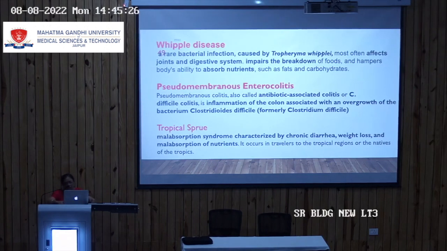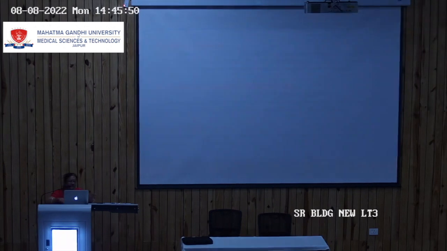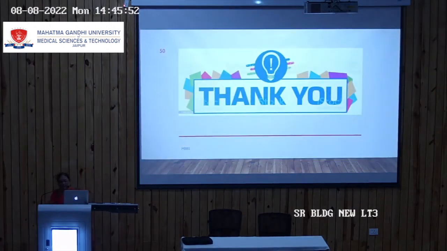Tropical sprue is the malabsorption syndrome characterized by chronic diarrhea, weight loss and malabsorption of nutrients. It occurs in travelers to the tropical region or the natives of the tropics. So with this I finish the